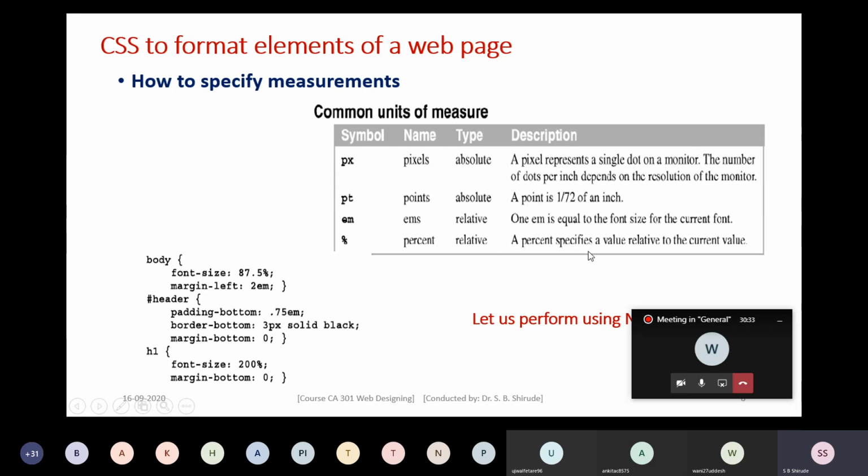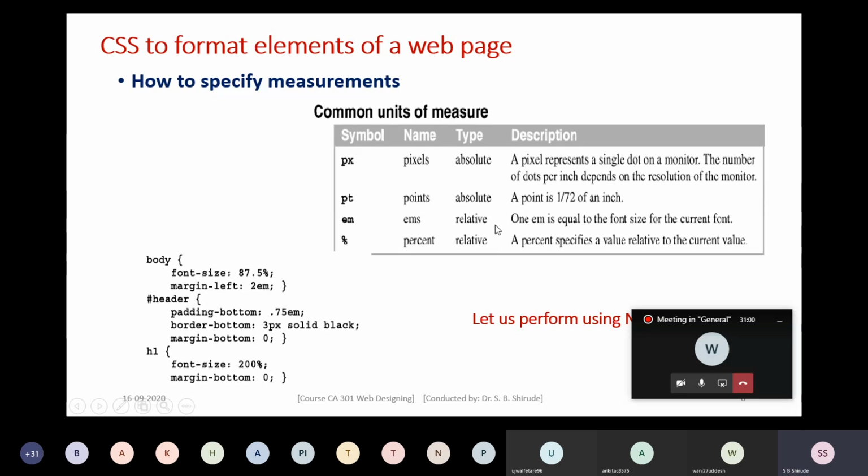And percent means it specifies relative to the current value. If suppose the current value of the font is say 20 and you specify 80%, then 80% of 20 will be calculated and that will be the font size. So this will be related to font. If you have it regarding margin, the current margin values will be taken and then it will be computed.